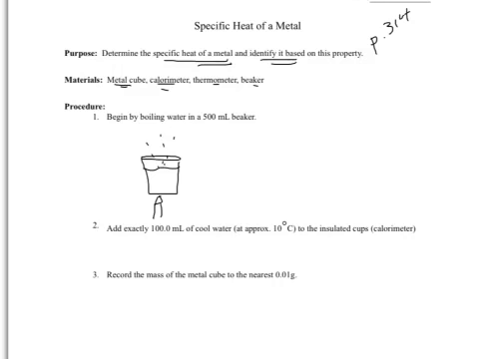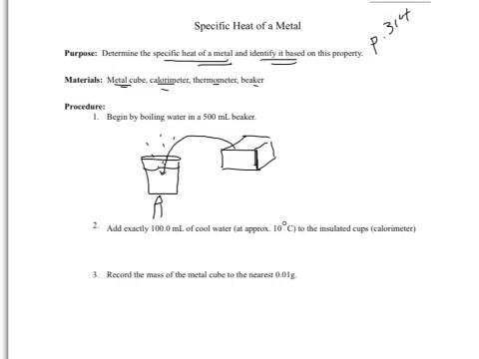Okay? We are then going to take our metal cube and we are going to stick it in the water and let it sit for at least 6 minutes. At that point, we will assume that the temperature of the boiling water is the same temperature as the block, that heat from the boiling water will have gone to the block, and so they have reached an equilibrium temperature, or the